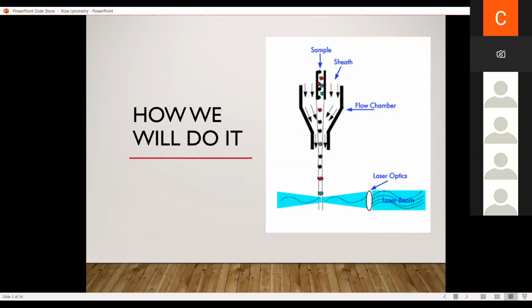And when they form a single cell line and pass through the laser optics, here is the laser beam. The laser beam is a monochromatic wavelength light. When it passes through this, it shows some kind of scattering, which is of two types. These particles scatter the light either in a forward direction or in a side direction at a 90-degree